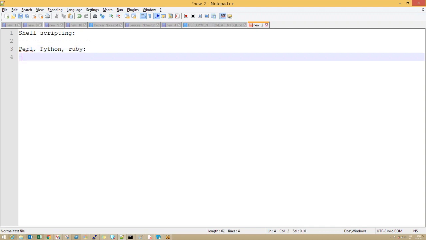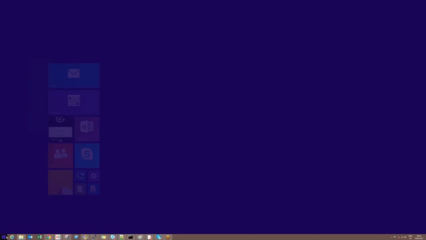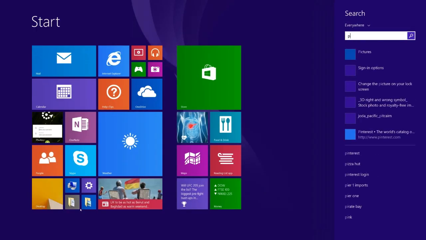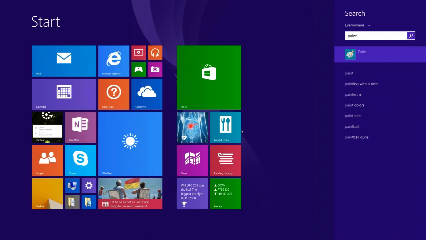Now, we need to go through shell scripting. The reason is most server platforms are Linux operating systems, and default Linux operating systems will have a shell. So what exactly do you mean by shell? Let me explain that with a diagrammatic presentation so that you can understand what a shell is.